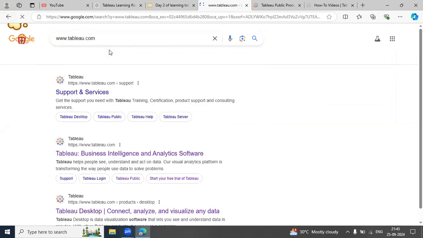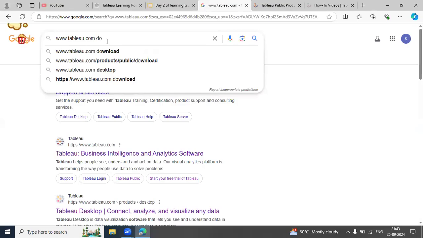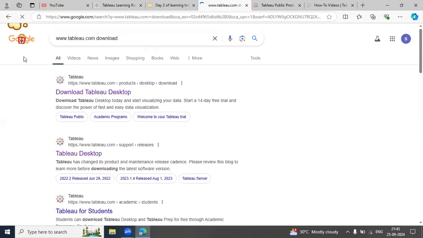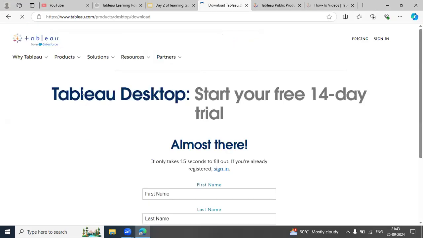So we just visit www.tableau.com, and click download. We have to open www.tableau.com, and then click on download Tableau Desktop.